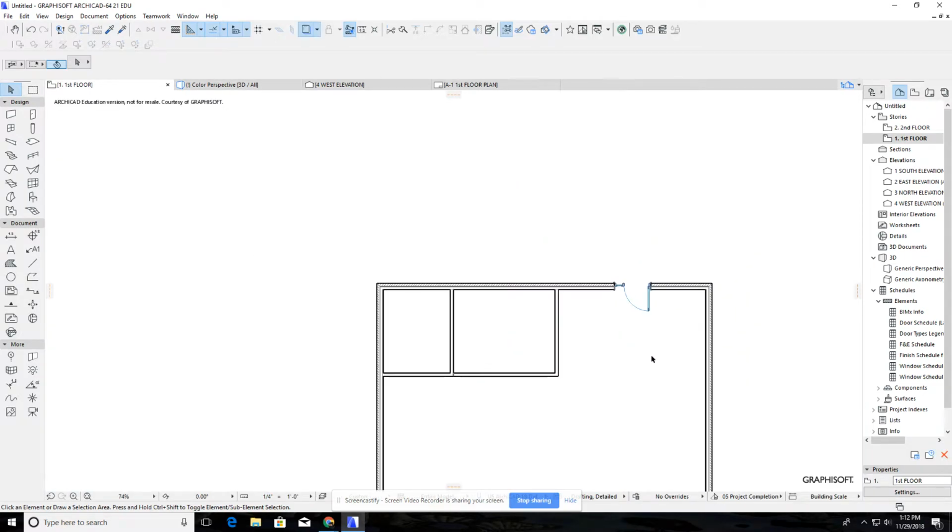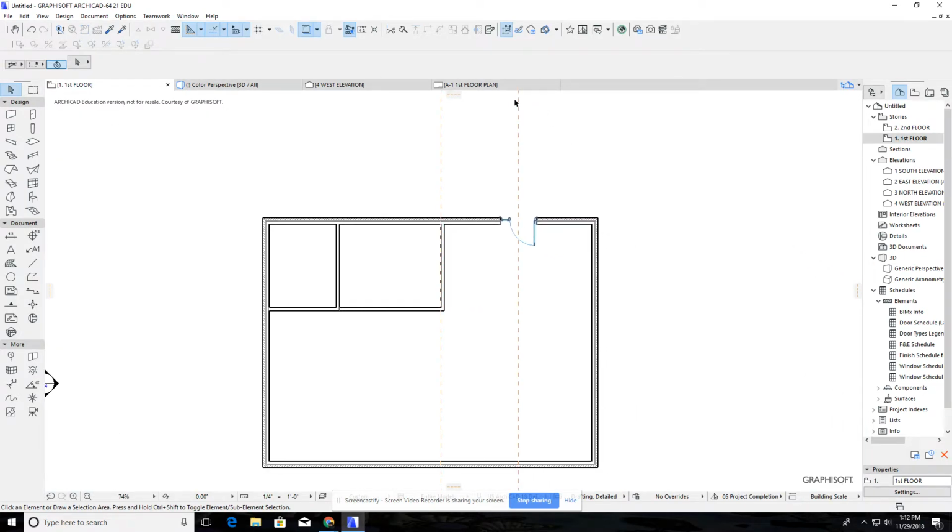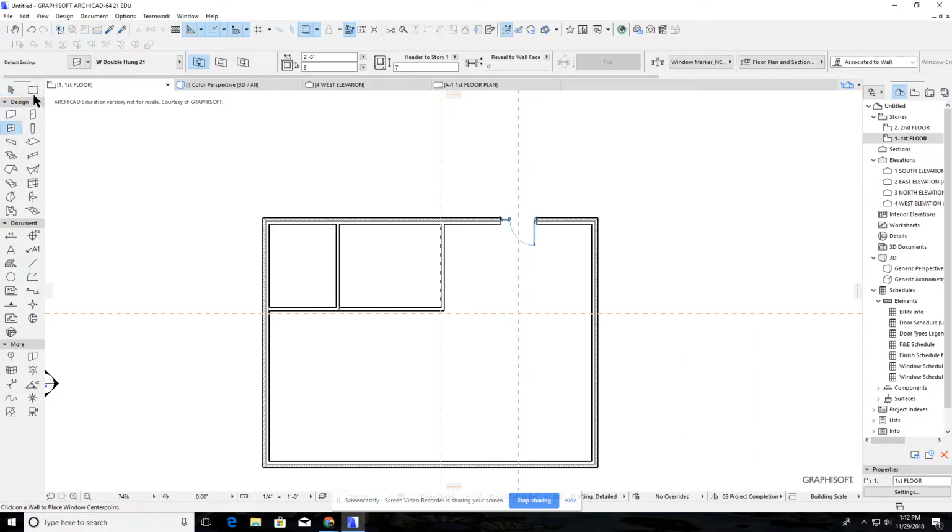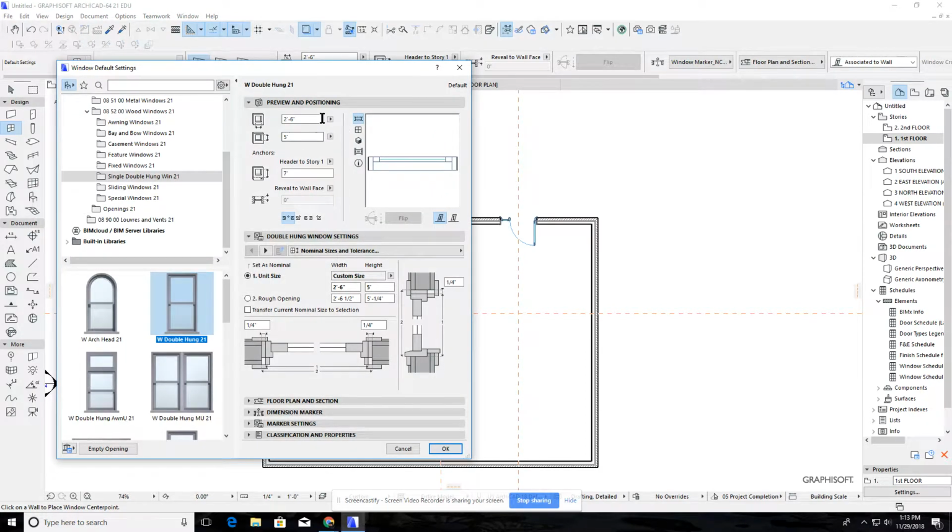Let's go back to the 2D view. Let's say we want to do another, let's say a window from the outside wall here. We want to go down, let's say 11 inches, 11-6. We put a window there. To go to the window tool, in the settings dialog, we can change this window. If you come up here, you can change to a 3D view so you can see what the window looks like. You can rotate it around, do different things,